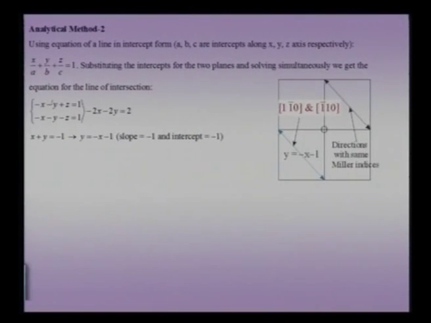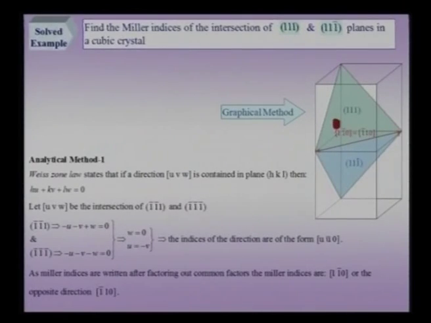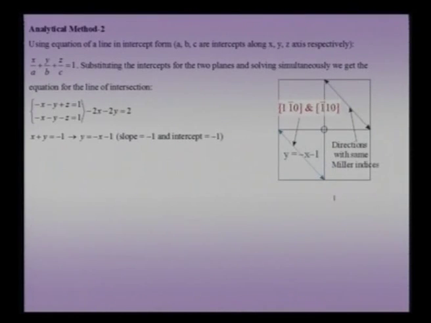Now I know that I have two planes under consideration and I need to find the common direction. So let me substitute the intercepts of the two planes, which are, for instance, 1 1 1 for this plane and 1 1 1 bar for this one. Putting the intercepts inside, I get two simultaneous equations. Of course, I have taken the negatives of those, and I can get a solution of the common equation, which is minus 2x minus 2y equal to 2, which written in a different form is x plus y equal to minus 1, and even further, y equal to minus x minus 1,